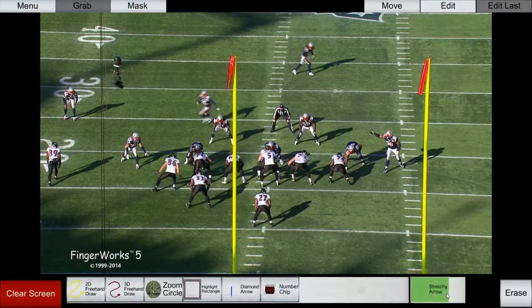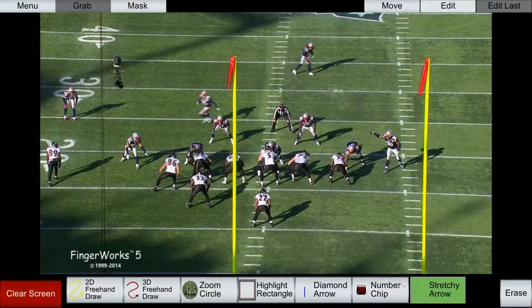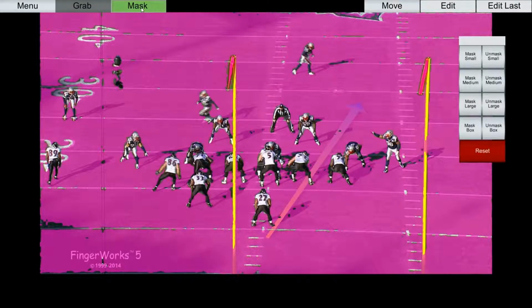And what this does is it's now put the stretchy arrow to the right of the main toolbar. Here's your 6 tools that were on the main toolbar. Now the stretchy arrow is off on a little category here to itself. You can see the division here indicating that it's a 3D. So now when we put it on the field, we're actually going under the players. There's a mask being created between the players and the playing surface. And if you want to see the mask, hit this here and you can actually see the mask that's been